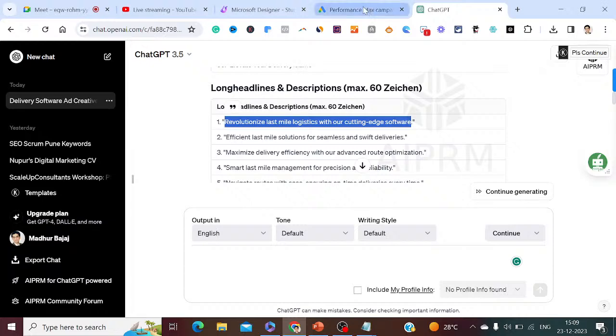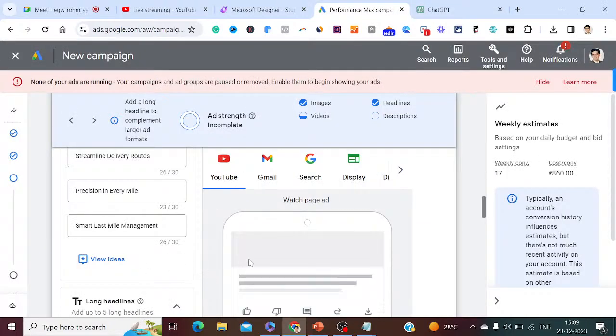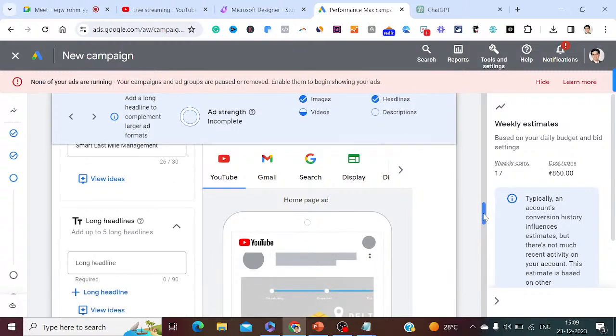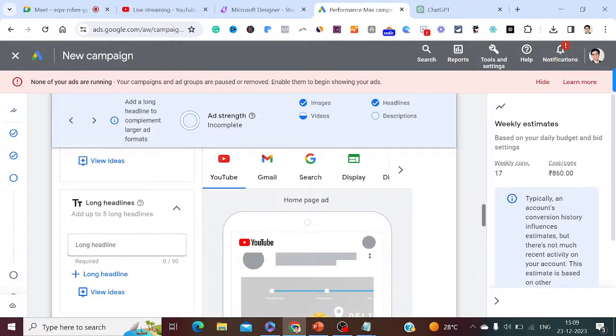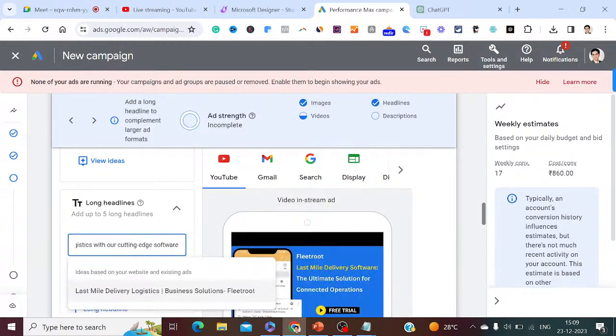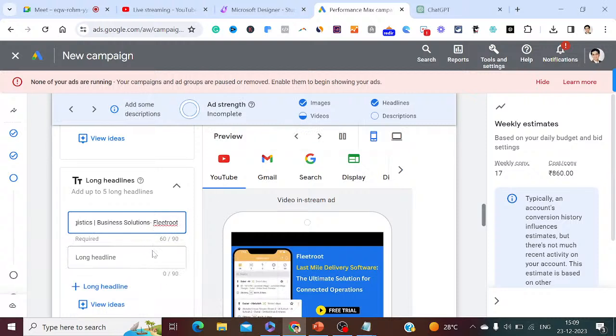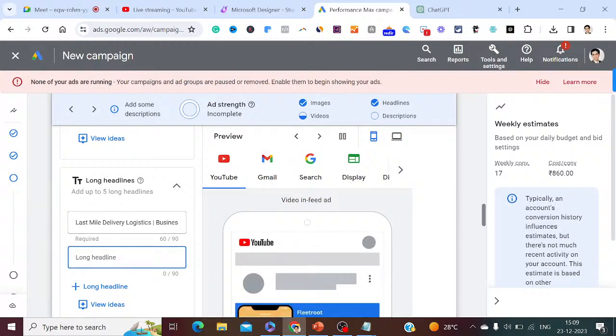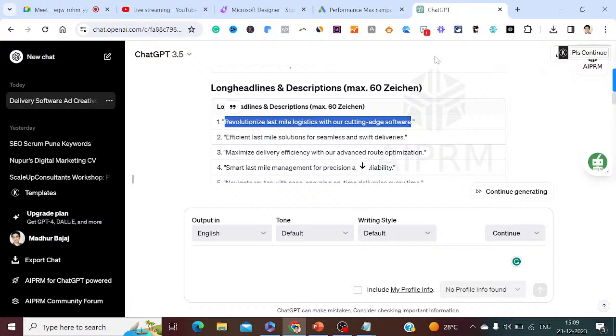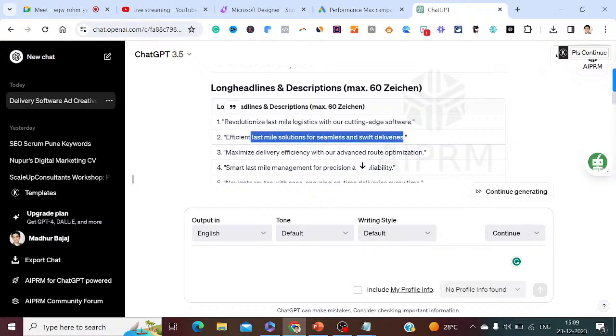Control C. Long headline. Okay, you can take one long headline from the landing page here as well. Okay, so before we add a long headline from the landing page, let's take some customized headlines from